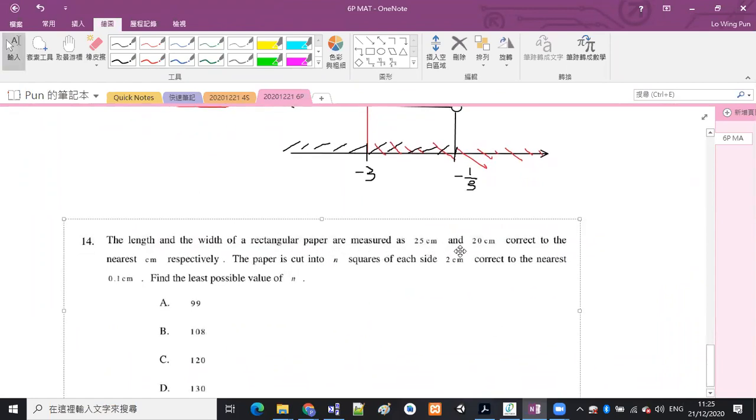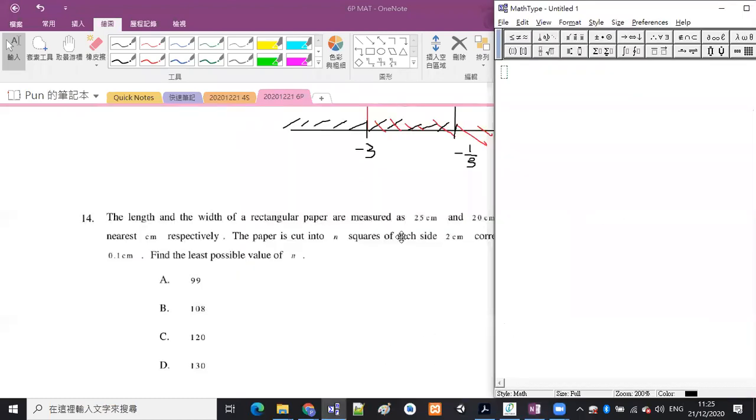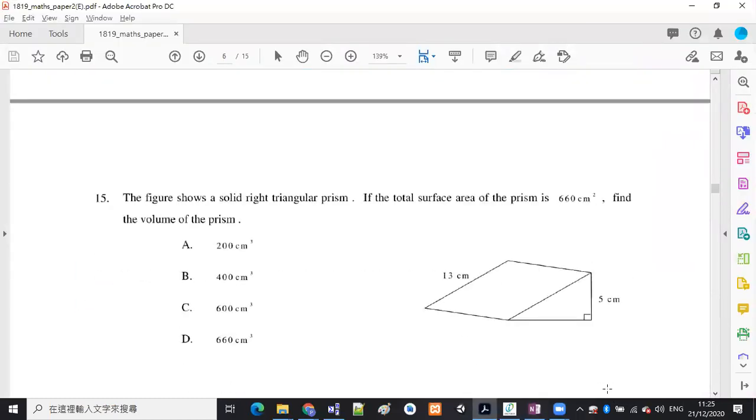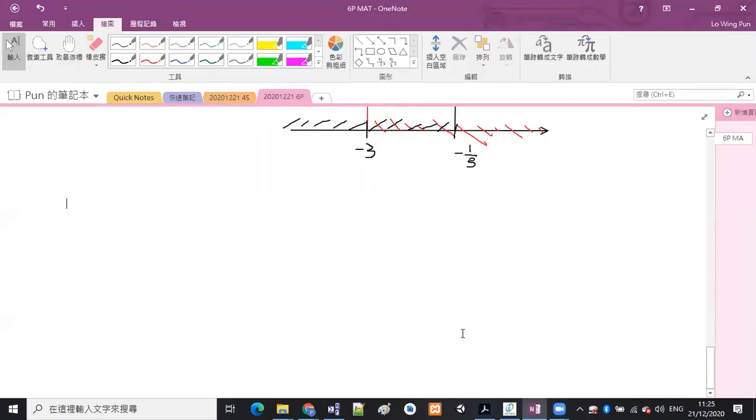好，又係呢一個啦，呢隻14題。The length and width of rectangular paper are measured as 25 cm, 20 cm, correct to nearest cm respectively. The paper is cut into n squares of each side 2 cm. 好嗱，呢一題咧，睇下先。死啦！我擔心我唔夠時間講呢題，因為都比較長啲嘅。咁我可能留翻下次先講啦。OK，14題我留翻下次先講。